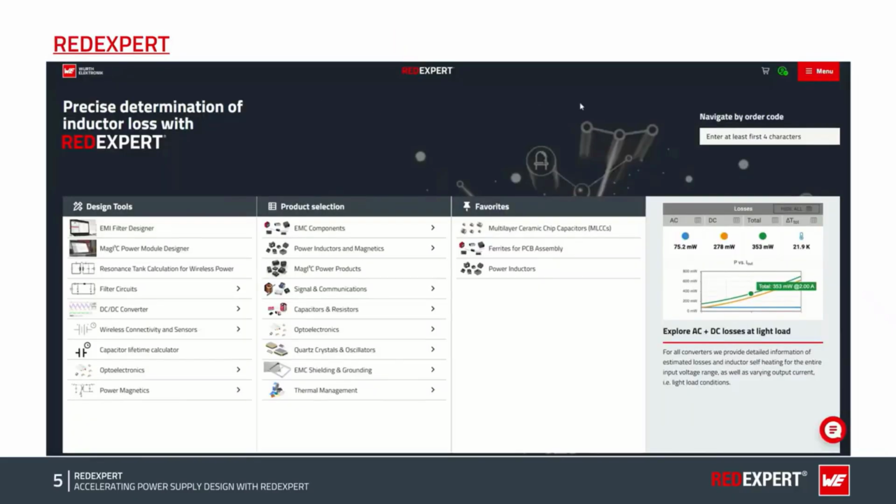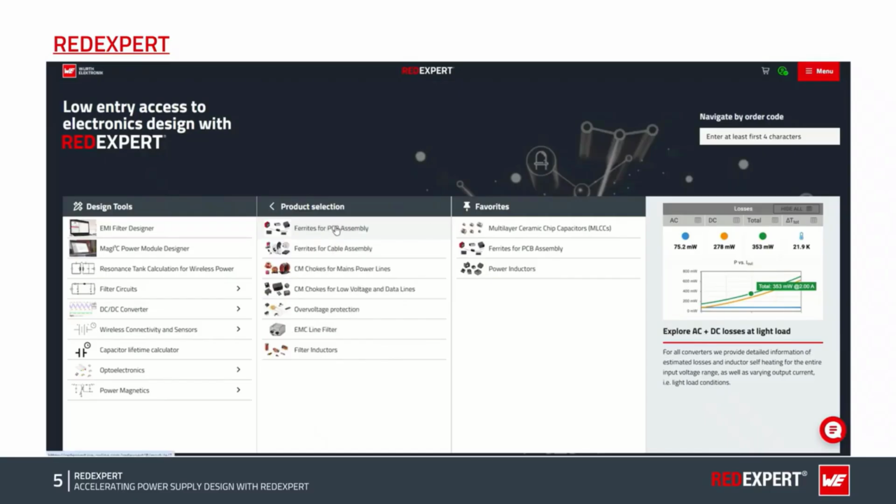Here you can see the REDEXPERT interface. REDEXPERT will help you to select a wide range of products from the Würth Elektronik portfolio, which includes EMC components, power magnetics, some signal and communication components, capacitors, resistors, optoelectronics, some quartz crystals and oscillators, shielding, and thermal management products. If you go into the EMC components, you can select ferrites for PCB assemblies, ferrites for cable assemblies, different ranges of common mode chokes, overvoltage protections, EMC line filters, and filter